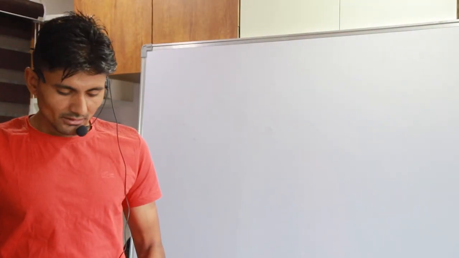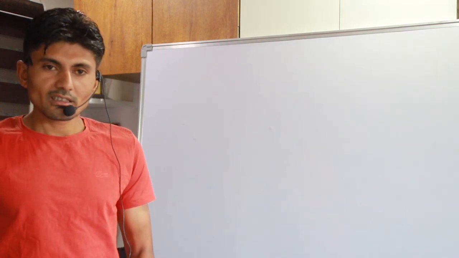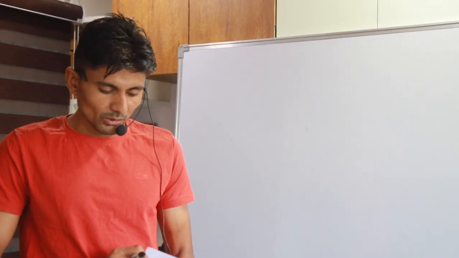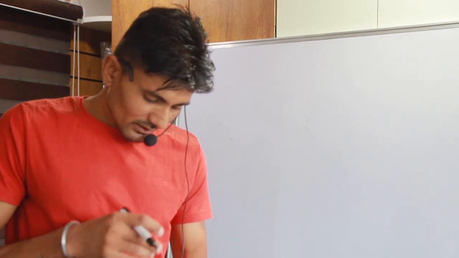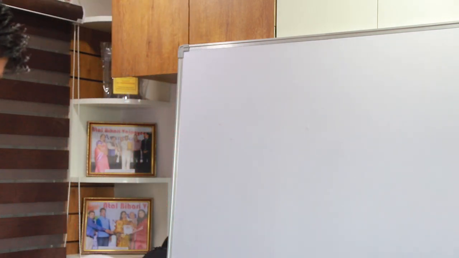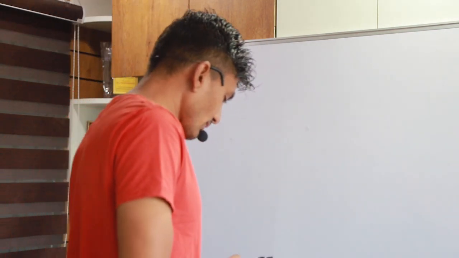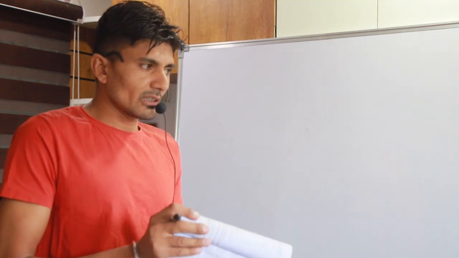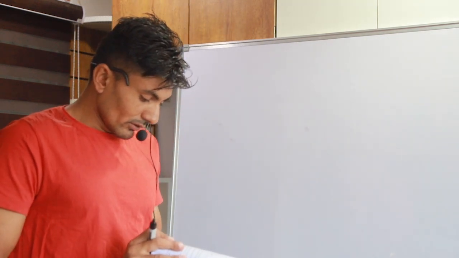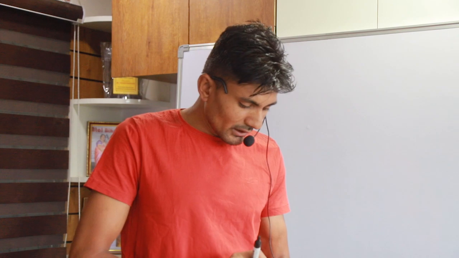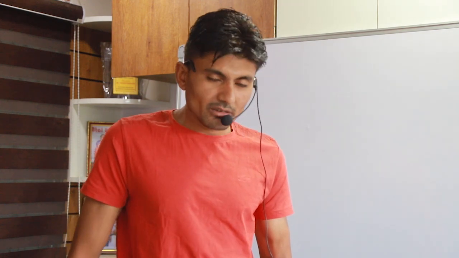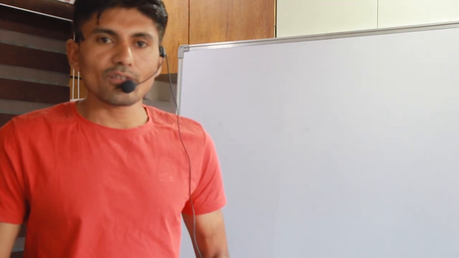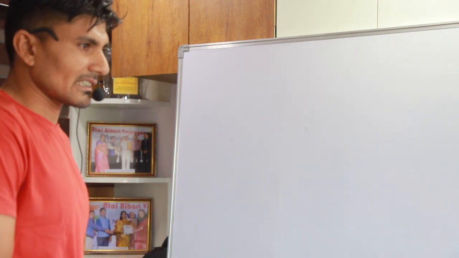Good morning, students. Today we will study exercise 5.2, arithmetic progression. Question number 9. If the third term and the ninth term of an AP are 4 and minus 8 respectively, which term of the AP is 0? That means we have the third term and the ninth term, and we have to find which term of the AP is 0. So we are writing the equations.